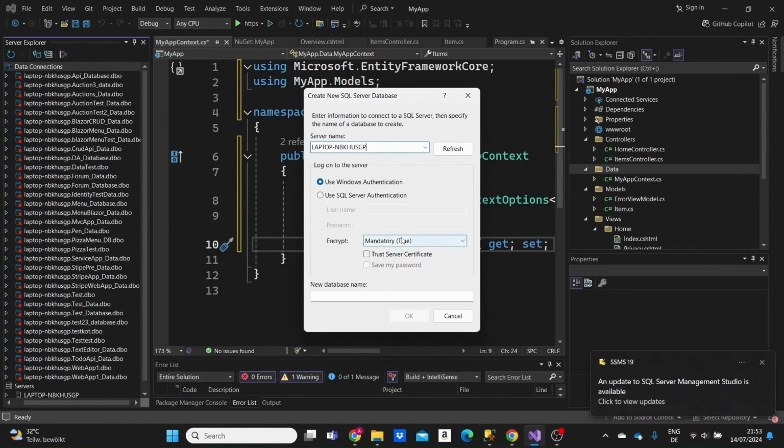Input the name here. We'll use Windows authentication to log on to the server. The encryption will be set to false. You click on Trust Certificate here. We're just selecting the authentication, this is the default one. We're selecting that we do not need to use a password to connect to our database. Basically, these are just some options and configurations, don't think too much about it. And give the database a name, like my app database. Click on OK, and